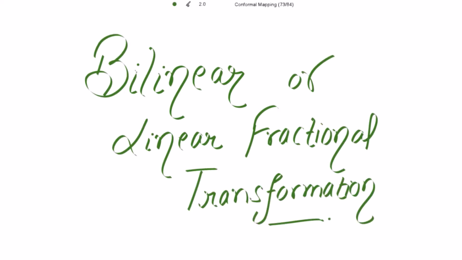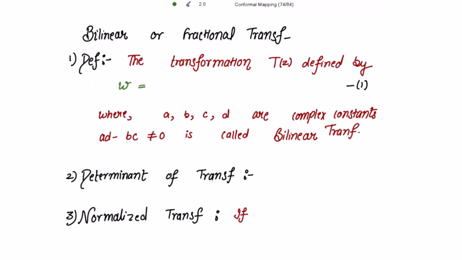Today we are going to start bilinear or linear fractional transformation, and the definition for this kind of transformation is the transformation T(z) defined by w equal to T(z), that is equal to (az + b)/(cz + d), where a, b, c, d are complex constants, with the condition